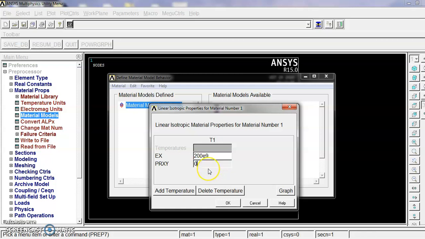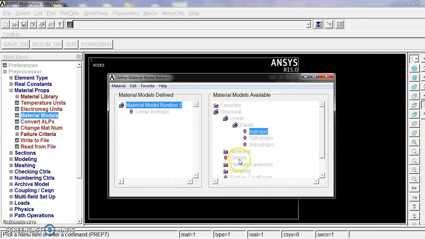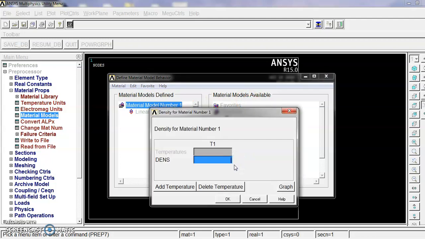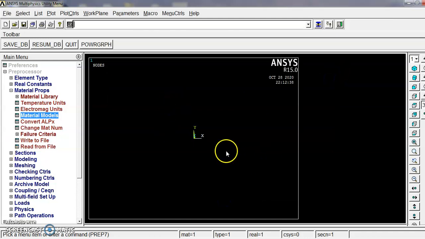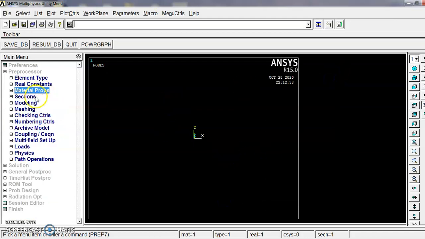Then 0.3 Poisson ratio. Then I want to give the density. The density of steel is 7850 kg per meter cube. I have given it. These are the properties I have assigned for that particular beam.